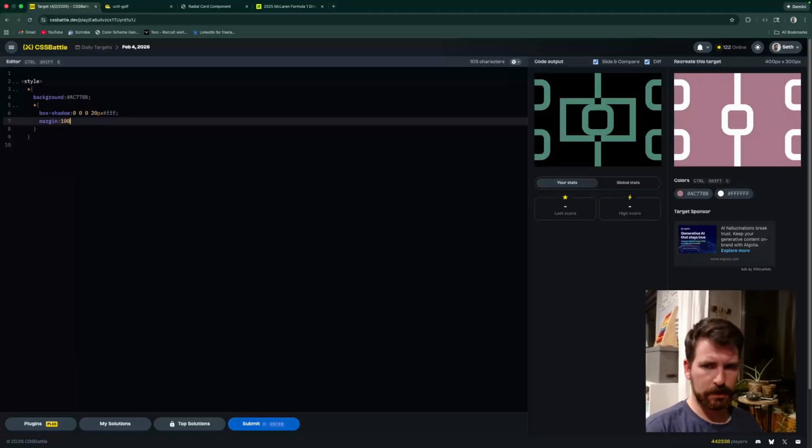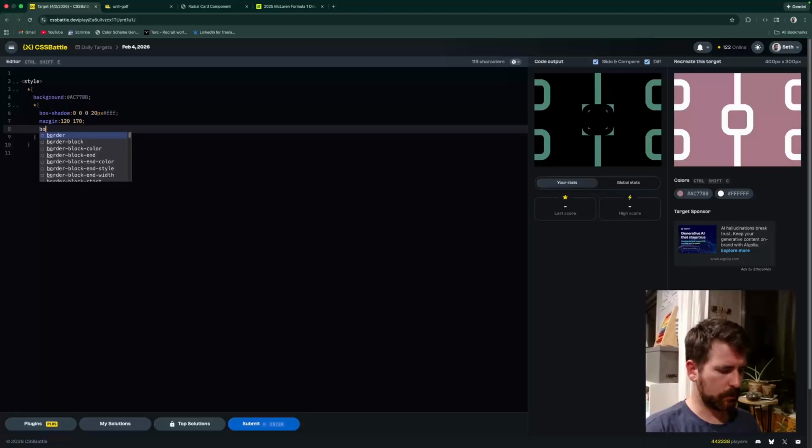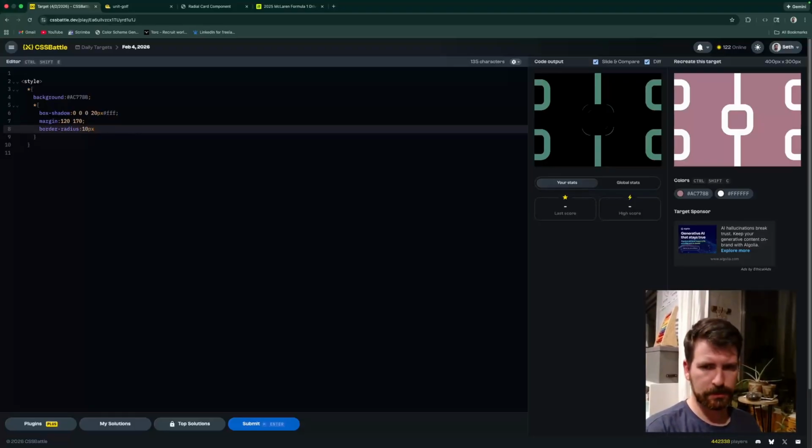Let's go 100, 120. Okay, that's perfect there, and the width is in fact 20 pixels. 150, no, 170. All right. So let's go border radius. Let's see if this works. 10 pixels. Ooh, we are